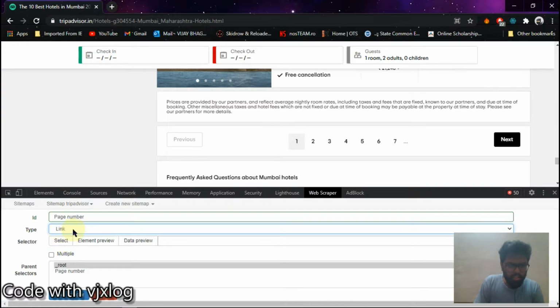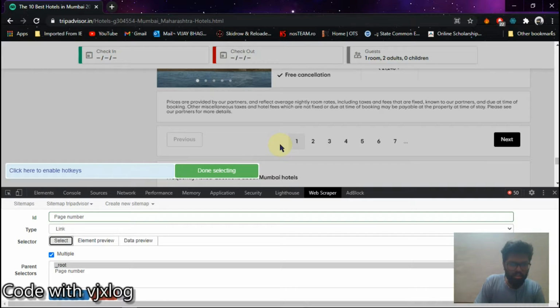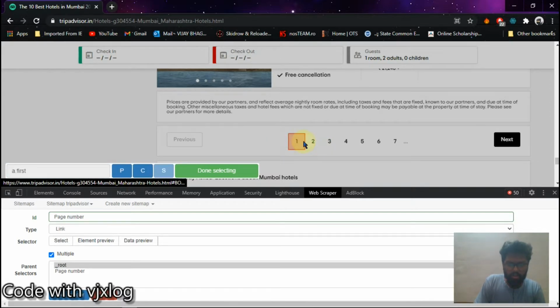Now we have to see how the selector is working. We have multiple pages, that's why we click multiple and then select the selectors. We just hover on the pages field, and whenever it is yellow in color we select it, right?